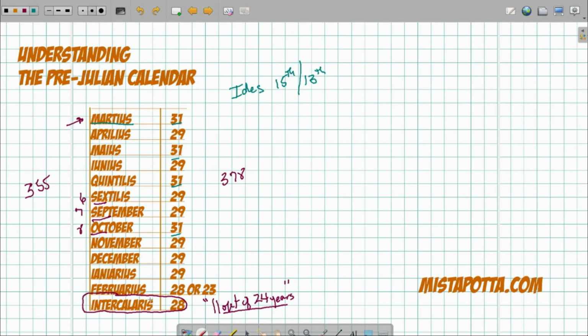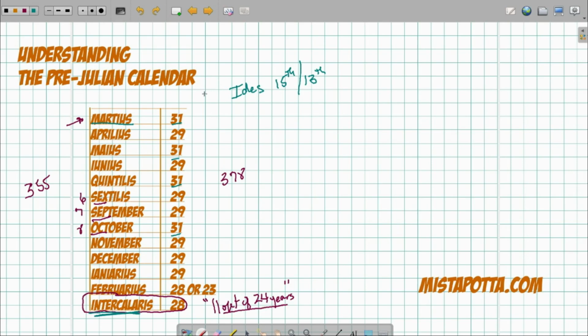But all these intercalaris months that we'd had really messed up that system, because all these extra politicians who wanted extra days for their senators to be in charge, extra days for the emperor to be in charge, had really moved the first day of the year off of the first day of spring, which it really needed to be for an agrarian society. So Julius Caesar came on and he said, you know what, I'm going to fix this